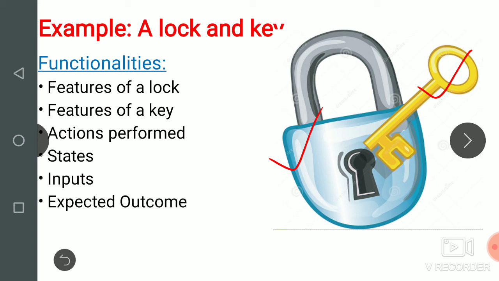With this knowledge, we have meaningful ways to test a lock and key before you buy it, without the need to be an expert in the mechanics of how locks, keys and levers work together. This concept is extended in black box testing for testing the software. All this is about black box testing. What is meant by black box testing? Black box testing is done without the knowledge of the internals of the system under test. It means here we are not going to test any code. Here we are just testing the product based on the requirements. That is black box testing.